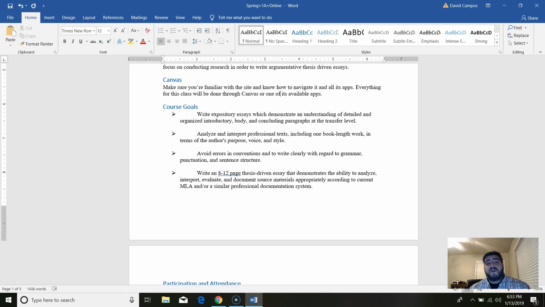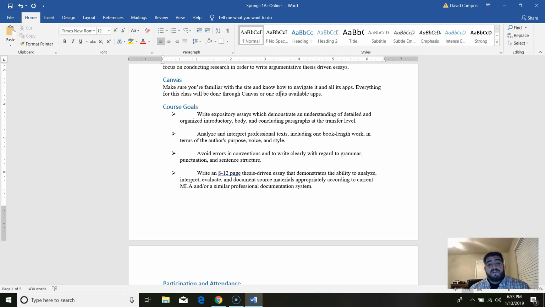Course goals. These are the course goals provided by the college. These are expectations of what you should be able to do once you exit this class. Now, these are: write expository essays which demonstrate an understanding of detailed and organized introductory, body, and concluding paragraphs at the transfer level. Analyze and interpret professional text, including one book-length work, in terms of the author's purpose, voice, and style.